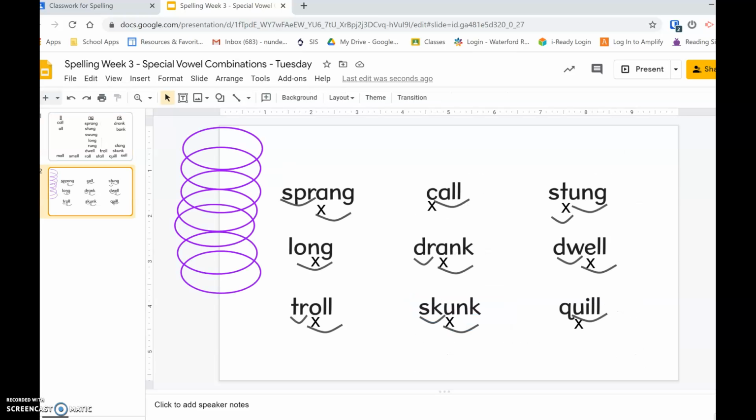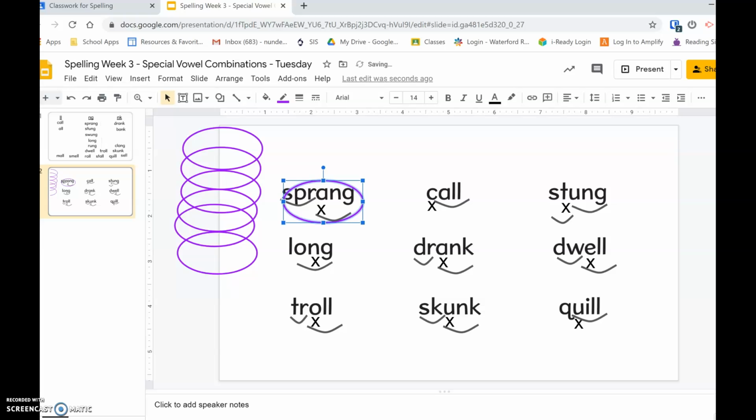And then on the second column, I've given you some circles on the side, and you are going to circle the words that are marked correctly. So if they're not marked correctly, like call, whoops, I didn't mean to move that X. But if call isn't marked correctly, you're not going to drag that one or circle that one because it's not marked